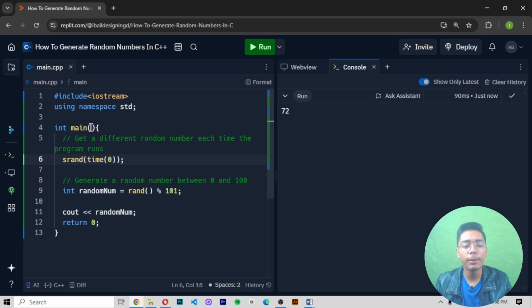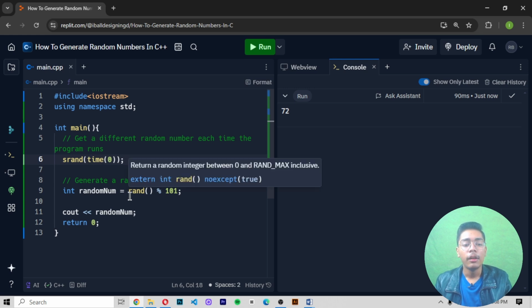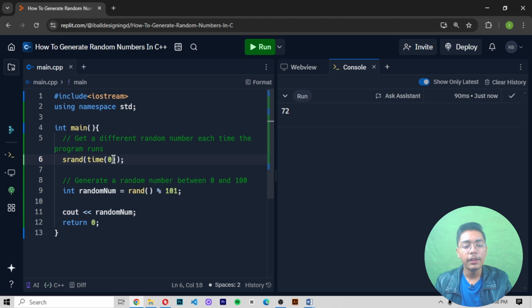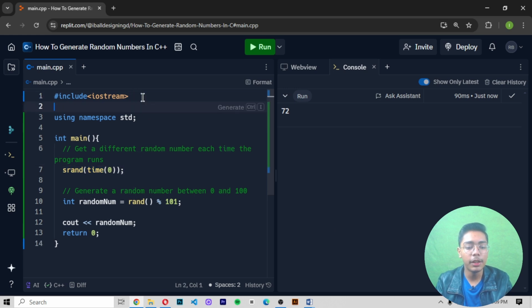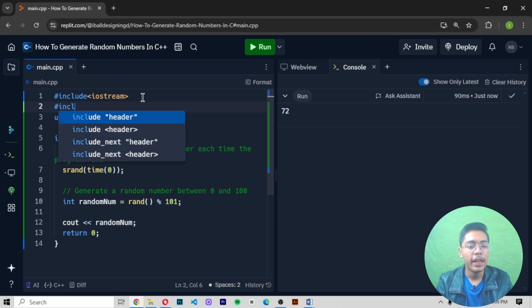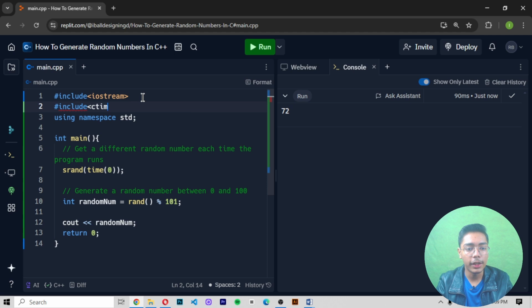And why is it doing that? Because I'm using this srand and this time function, which is imported from the ctime library, and this is the way to use it. Remember one thing: we are using the Replit IDE, that's why these things are working. But if you are using the time function and the srand function, you need to import the ctime library as well, by adding the header file of ctime. You have to write include, and then ctime, so that you can work with it. In Replit it is working because it is an online IDE,